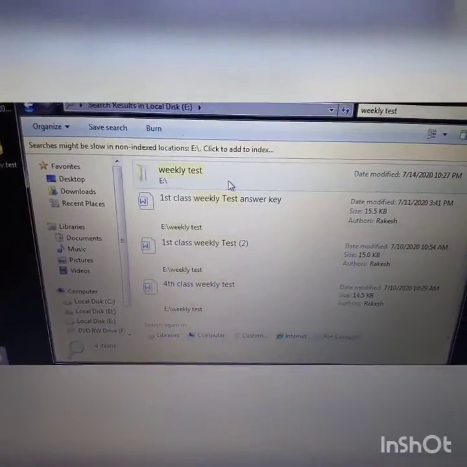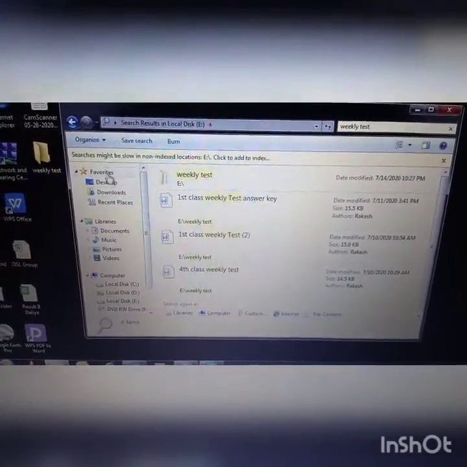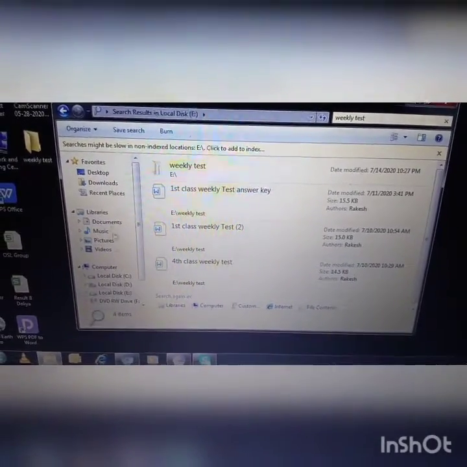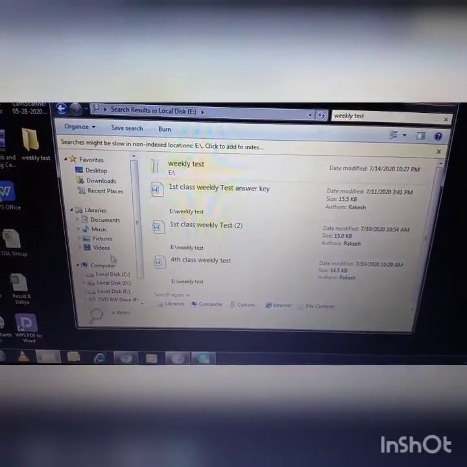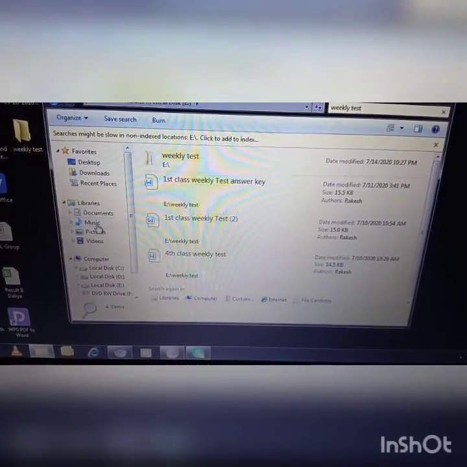Now next is the navigation pane. Students, you can see this is our navigation pane. By a single click you can move to another folder or another drive.